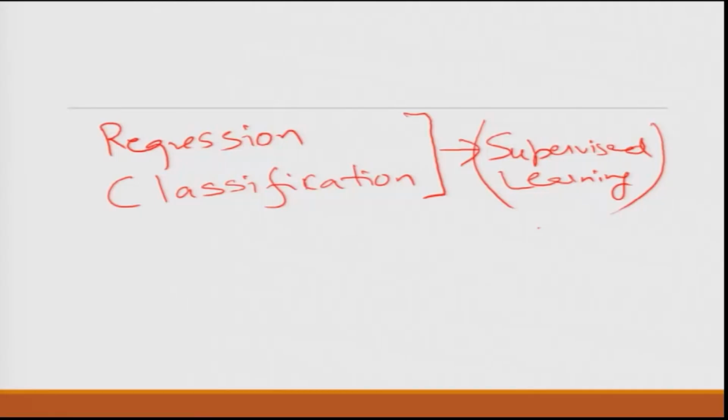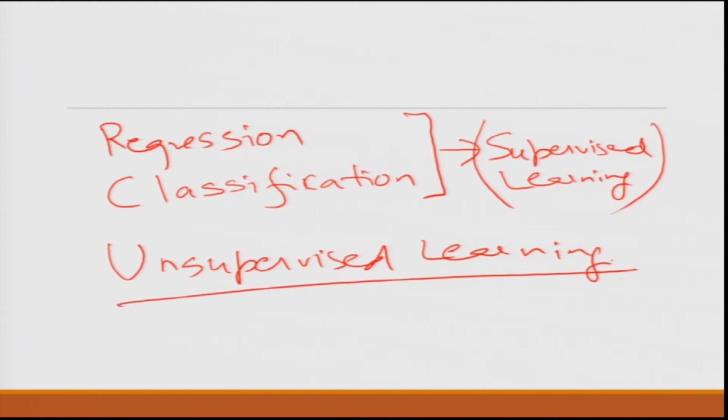This is supervised learning, and then there is another class of models which are called unsupervised learning. Supervised learning is the way we learn from our teachers; this is the way we self-learn, just by observing, looking into patterns, trying to make sense out of patterns. So let us look at the next set of methods in machine learning. These are classification methods.